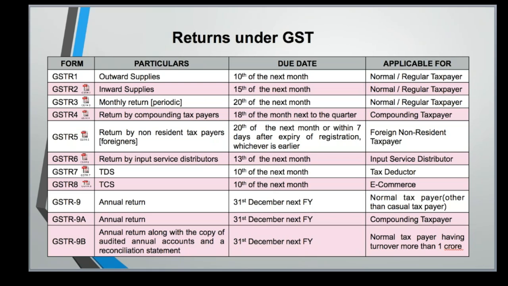If your job worker is in some other state and you are in some other state, again you have to issue a delivery challan. The goods can be sent under delivery challan. But in that case, if he is unregistered and you need to send the goods further for supply, then you need to take a registration in that particular state. If it is the same state, then you can add it as an additional place of business. Nothing much in job work. It is a very simple section.